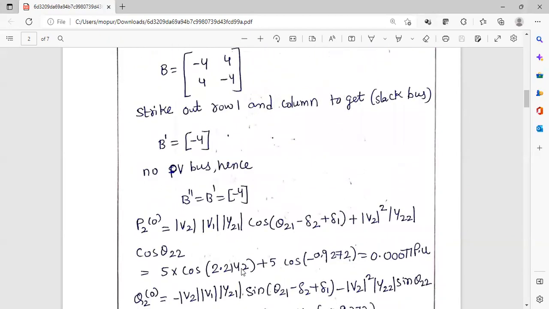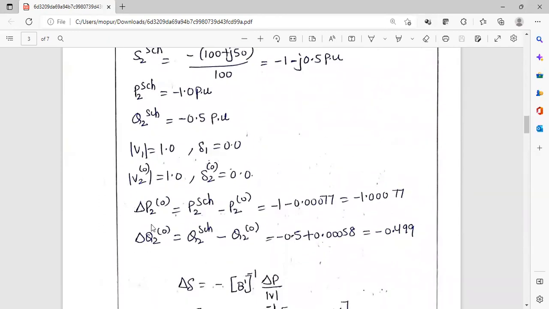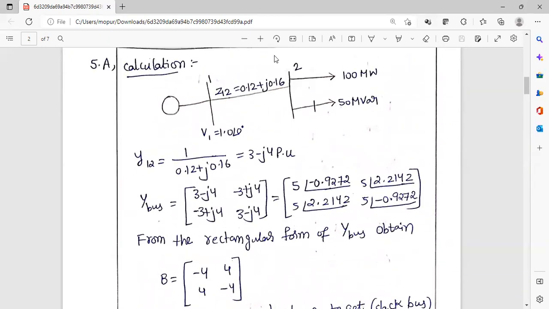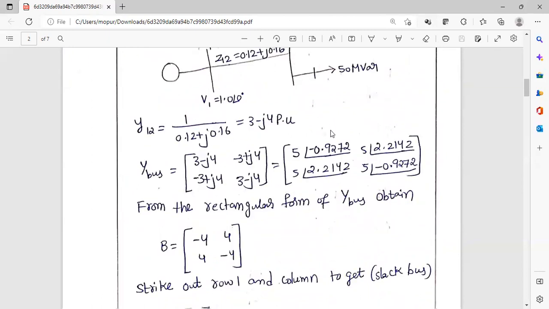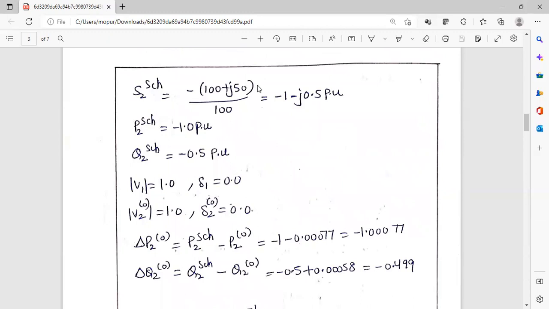Then the same thing, we should find delta P2 and delta Q2. To find delta P2, we should take scheduled power minus calculated power. For the residual power, scheduled power will be calculated from the given data, that is 100 and 50. Since it is a PQ bus, it is minus of 100 plus j50, and the base value is 100. So minus of 100 plus j50 by base value 100, you will get -1 minus j0.5, where -1 is the scheduled real power and minus 0.5 is the scheduled